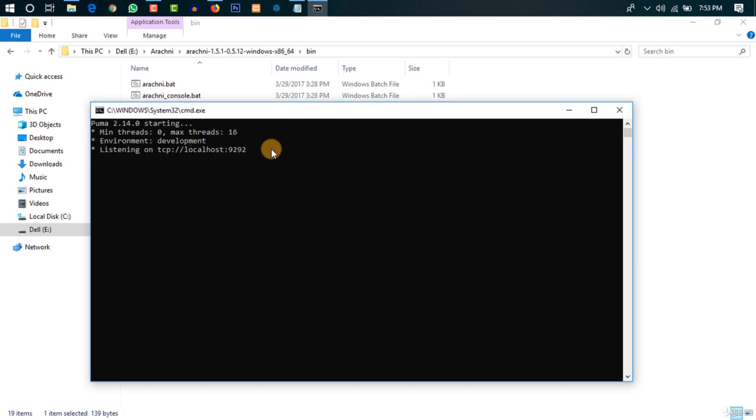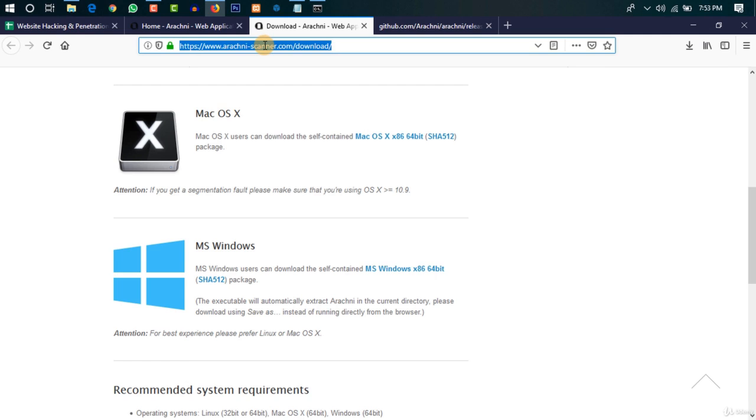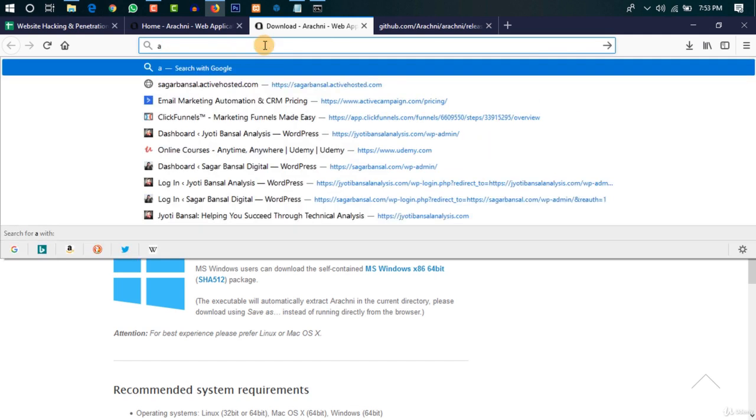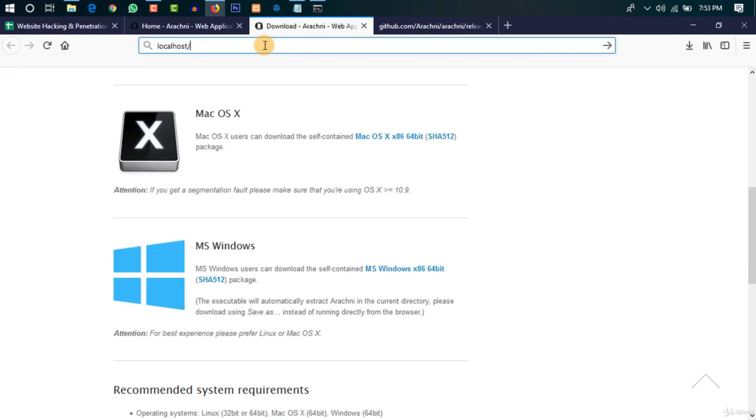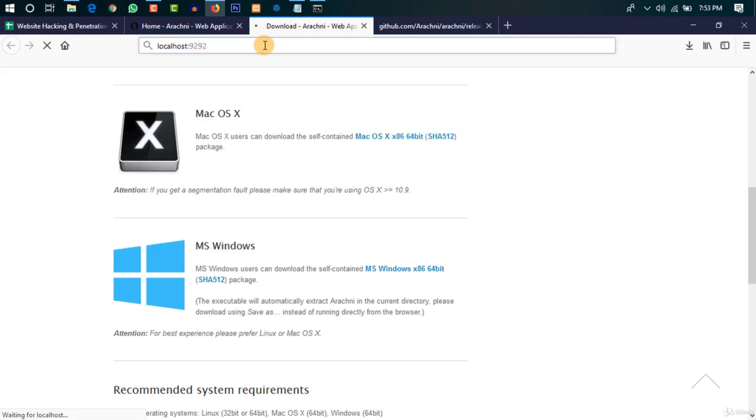And as I said, it is here 9292. So Arachne still works on 9292. It's listening on the TCP localhost, so you can simply open your browser and go there. Right, so let's try that. Localhost, and there is a port which is a colon symbol, 9292. You go over there,